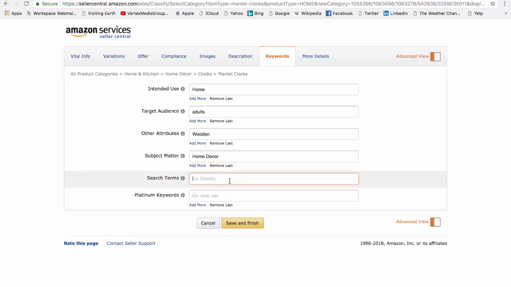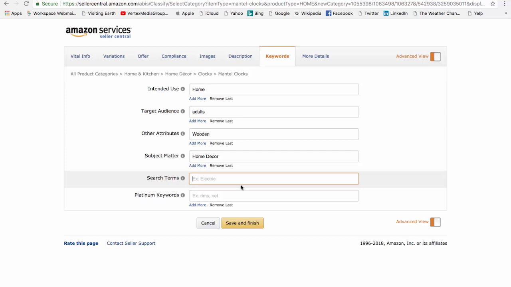Okay, now the most important field on this page is the search terms field. Here, we're starting to dip a toe into the world of SEO. Because you know what Amazon really is? Amazon is a search engine with a shopping cart. Mind blown, right? The kinds of words you want to put in the search term fields are as many nouns and synonyms related to your product, so that the Amazon search engine algorithm can find your product when shoppers type